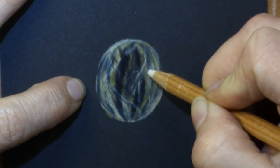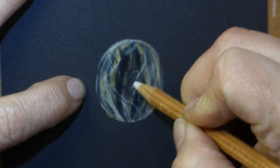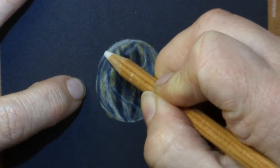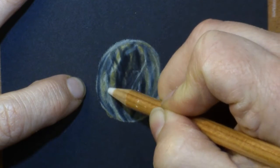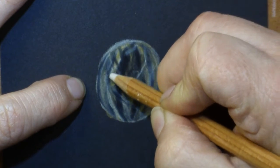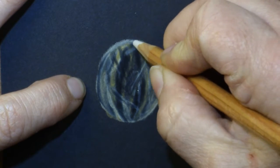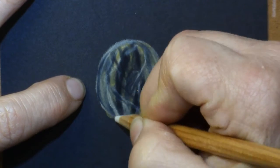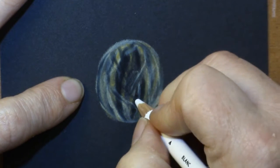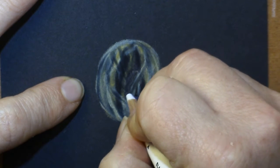That's what I wanted. I wanted that sort of smear to happen. That's what you get when you layer your colors and then you take a colorless blender over it. When you have colors that are so vastly different, you can really see the smoothing of the colors and this sort of smeariness that can happen. And I wanted that. I knew it was going to happen, and I courted that. And now I want a little bit of white because I'm going to be putting a highlight here